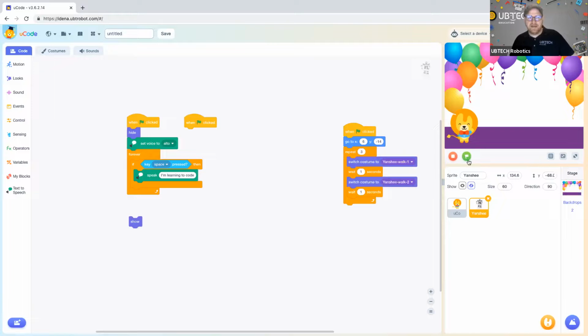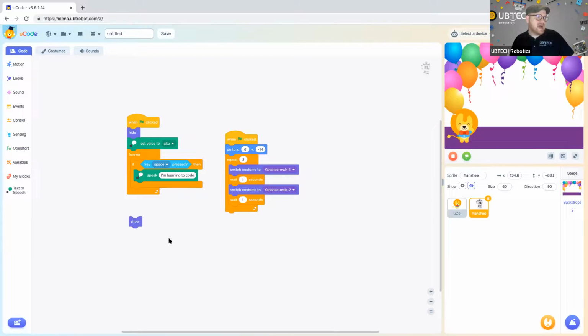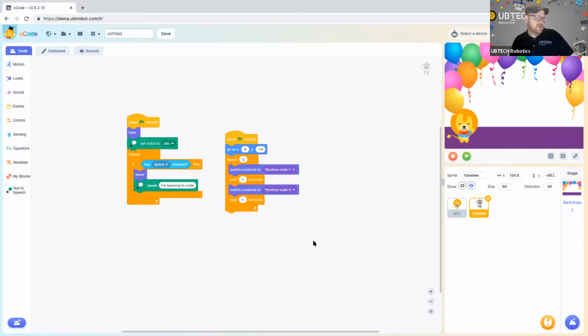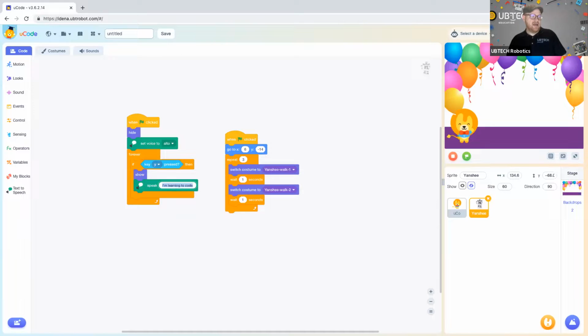So when we hit that flag, Yanchi is going to hide, right? Or yeah, he's going to hide. So he's going to be non-visible. However, if we want to show Yanchi, we can say, if, let's have a letter associated. Let's say Y. Yanchi starts with Y. So when we press Y, Yanchi is going to say, "Hi,